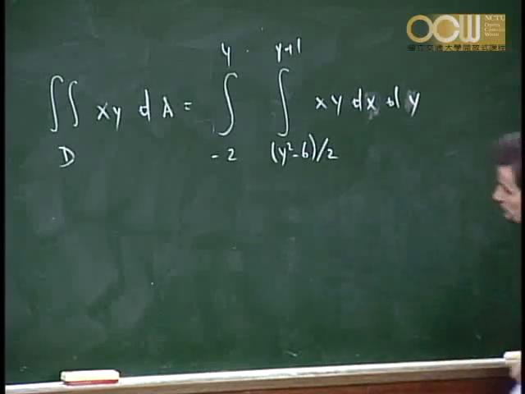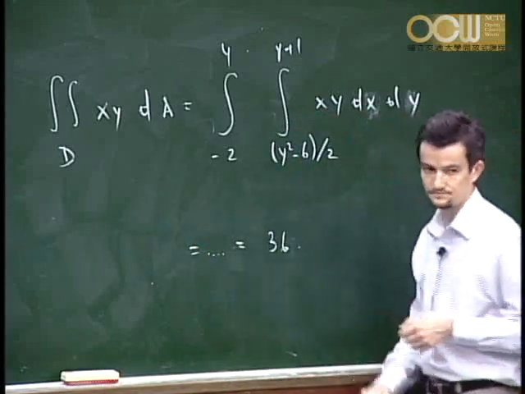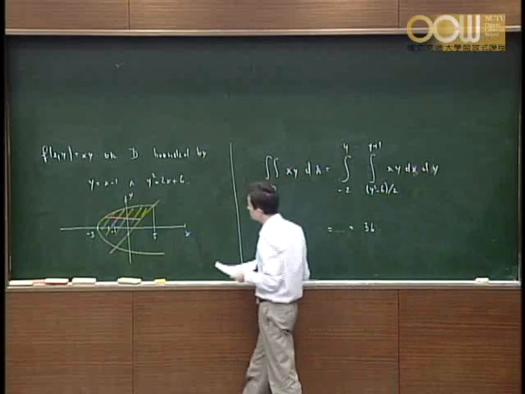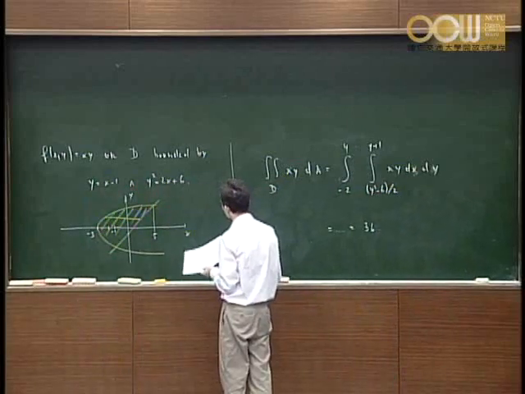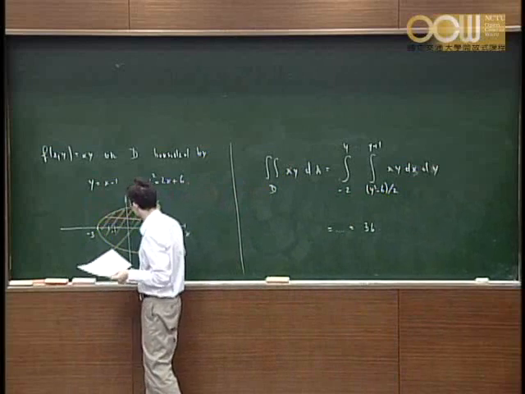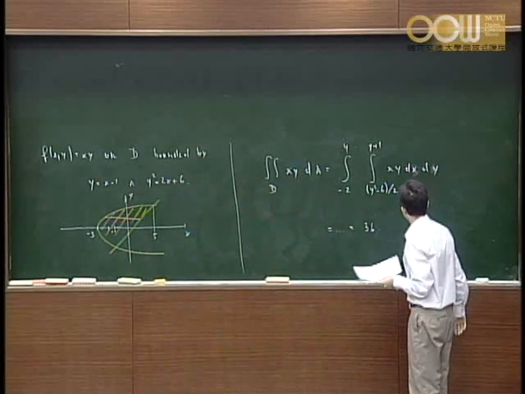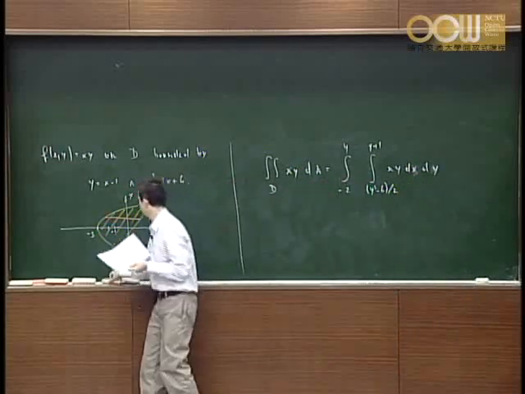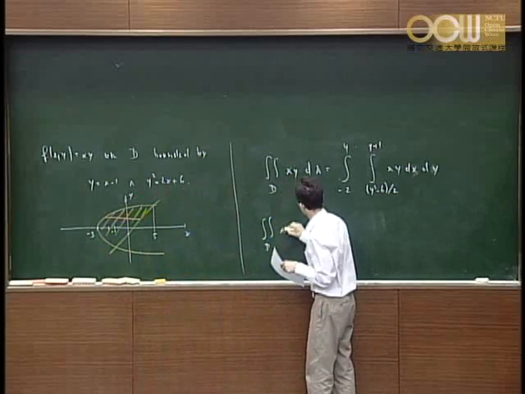Okay, and if you solve this, then you get 36. You see, this seems to be slightly easier than going the other direction, than looking at this plane region as a region of type 1. Maybe let's also write down what we get if we look at it as a plane region of type 1. So then this integral